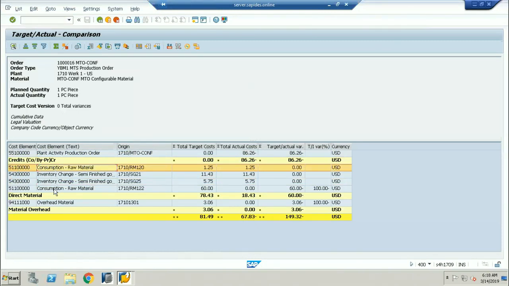So you can see the direct material cost. These two are going to be called semi-finished goods, and these are the finished goods. Here you can see the actual cost incurred on each and every material, and these are your overheads. Overheads will be stored in your primary cost and secondary cost element. This is the overhead originating from this particular material. There is no overhead calculation here. The total actual cost is 67.83.